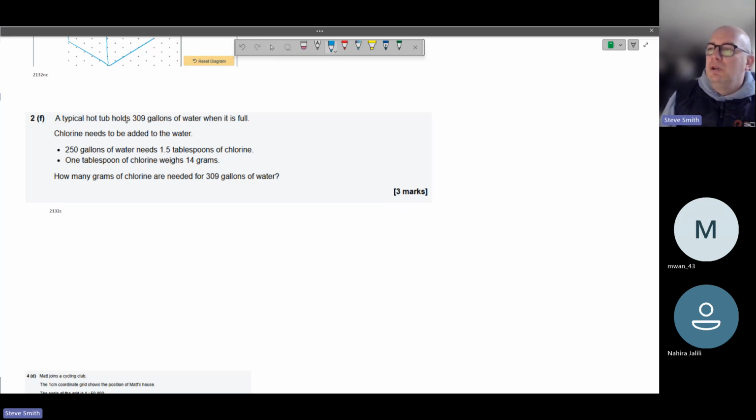Right, a typical hot tub holds 309 gallons of water. Chlorine needs to be added to the water, 250 gallons. So we're going to put here, hot tub, 250 gallons is, so tablespoons, we'll put TB, tablespoons, 1.5, grams, gallons, grams. Okay, and it says here 1 tablespoon